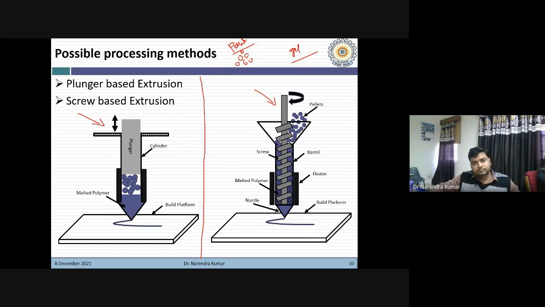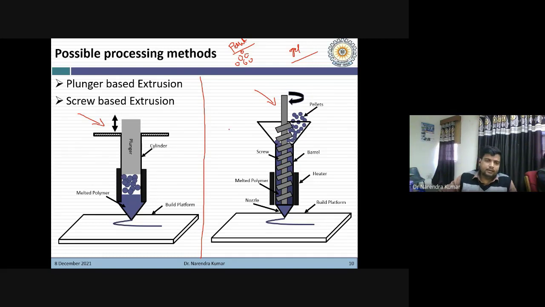No? Okay, let me tell you. If you have the material in pellet form, then the screw based mechanism will be more suitable. I will give you the reasons why we can go for the screw based mechanism for pellet based material.